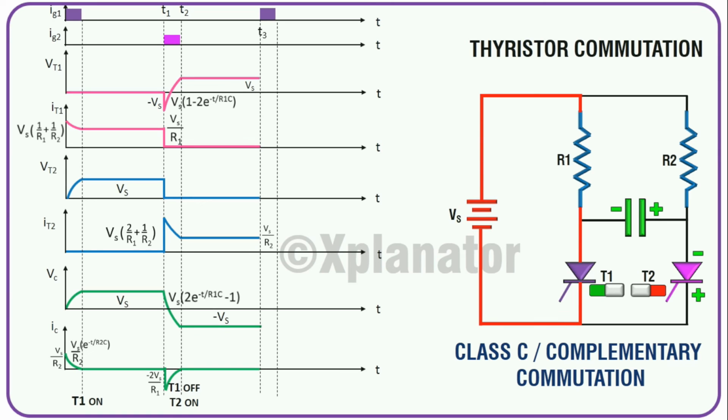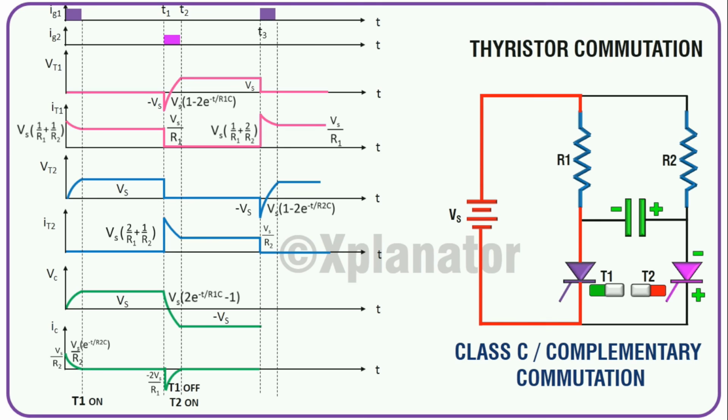That is, T1 is on, so VT1 line falls to 0. Current will have a high magnitude initially and later it will settle onto a slightly lesser magnitude. As T2 is commutated, reverse voltage Vs will appear across it, after which it will have a waveform similar to that of the capacitor charging. Current flowing through T2 will drop to 0 and remain 0 till T2 is switched on.